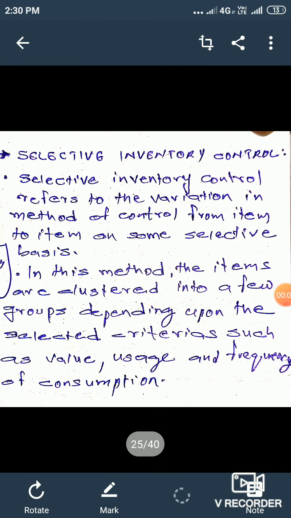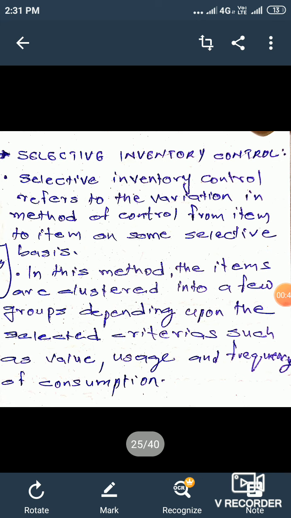Selective inventory control. The principle of selective inventory control recognizes that it is impossible to manage and control every item in the inventory holdings in the same way and still meet the objective of bringing down the level of investment in inventory and avoiding stock out of critical items. So a selective technique is used to control the inventory.